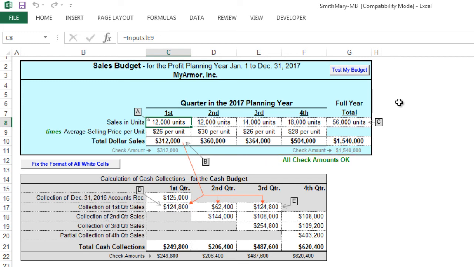The student's ability to test her budget is important for two main reasons. First, it assures the student that she correctly completed her budget before moving forward to the next budget. Second, it greatly reduces the need for the student to check with her instructor as she completes her master budget